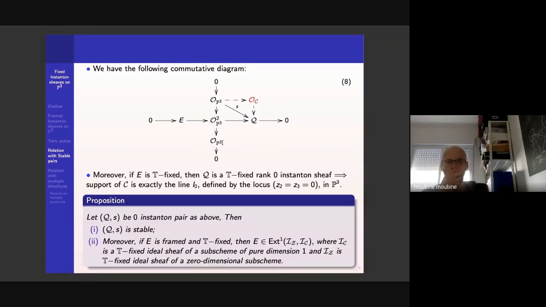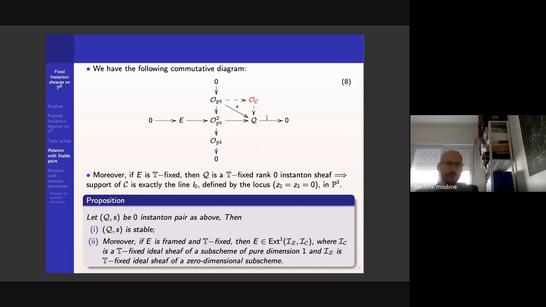So actually, in our case, this is an instanton, rank 0 instanton sheaf. It's supported on a curve, and this pair is stable,